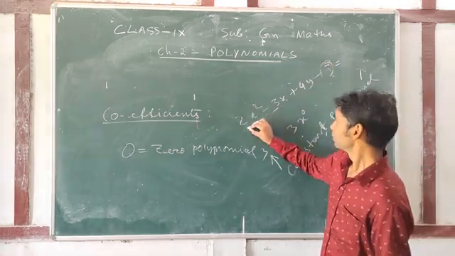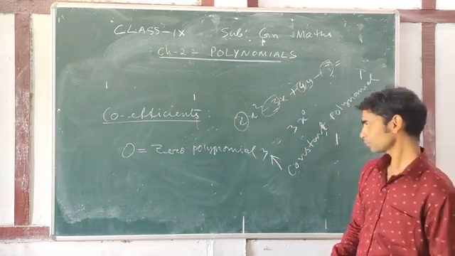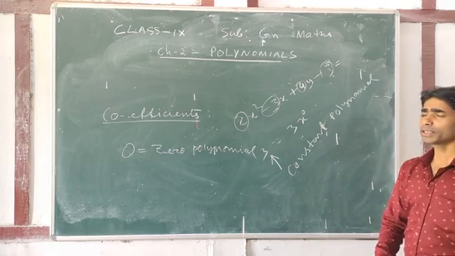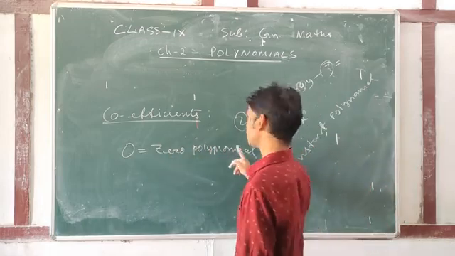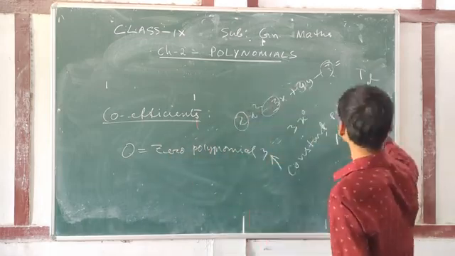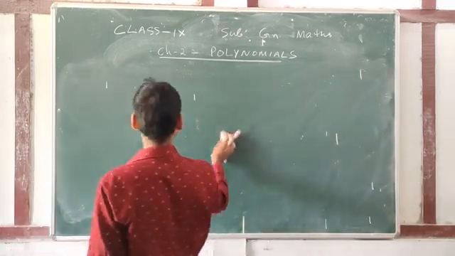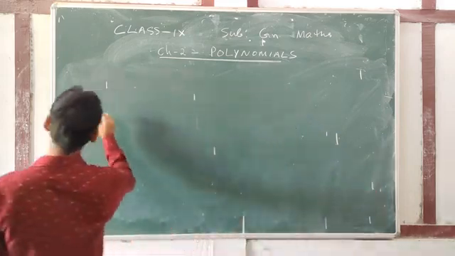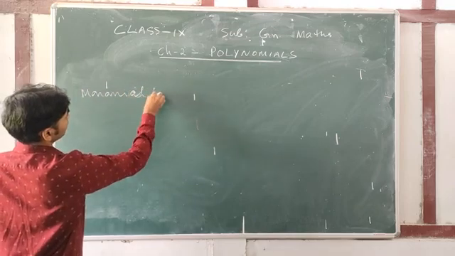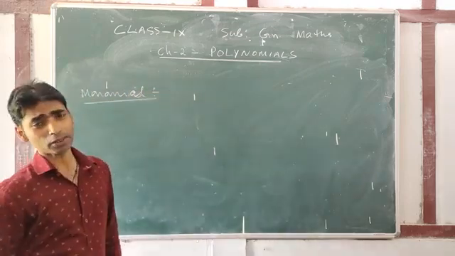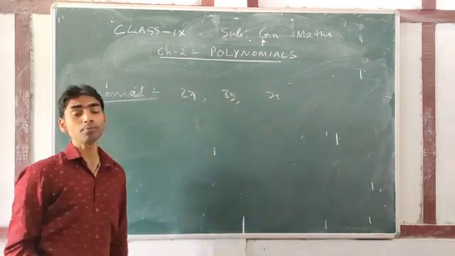Then from the terms, each of the numbers multiplying them is called a coefficient. The constant numbers like 1, 2, 3, 4, 5, 6 are called constant polynomials, and the number 0 is called the zero polynomial. Now, depending upon the number of terms, polynomials are divided into several types. The first is the monomial. A polynomial which contains only one term is called a monomial, like 2x, 3y, x. Single terms are called monomials.